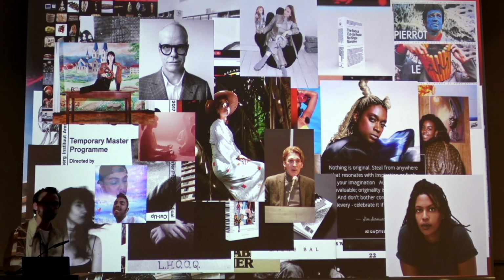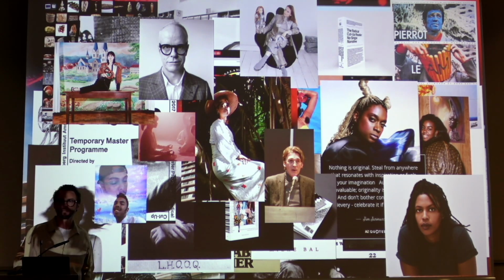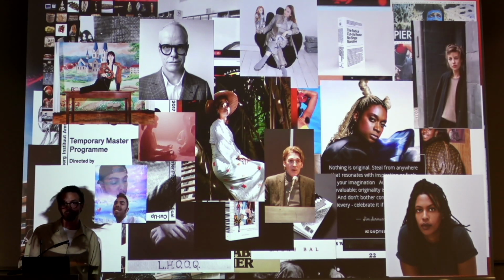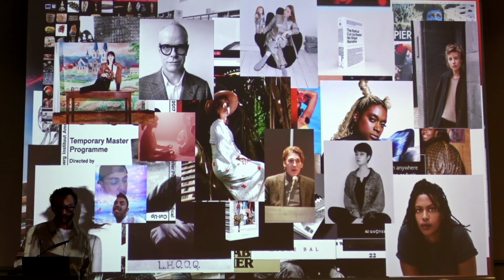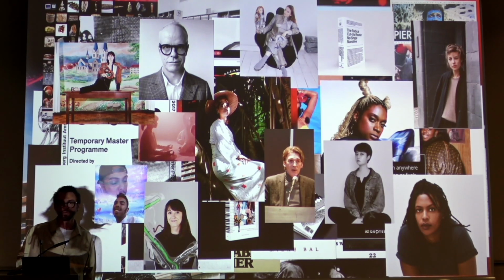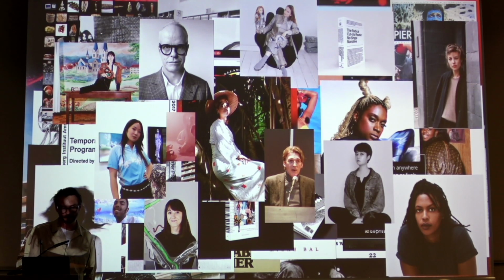Nicolas Bourriaud, who's a French curator and art critic, very important, coined terms such as relational aesthetics or postproduction. We had German theater director Susanne Kennedy here. We had South Korean graphic designer Yewon Song here, Estonian installation artist Katja Novitskova,